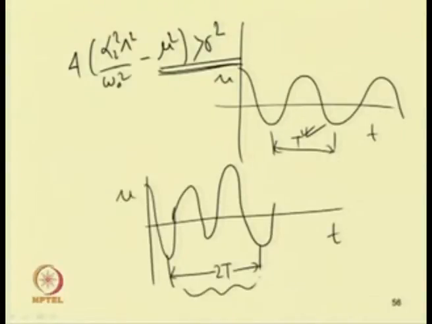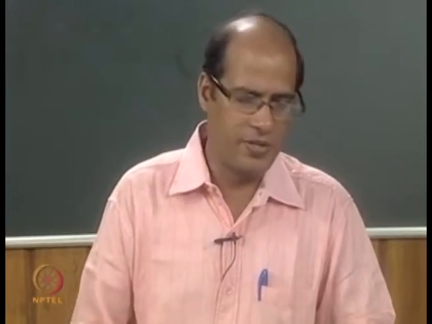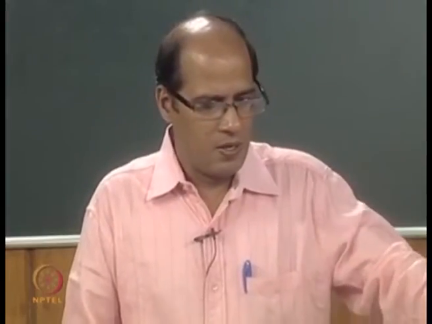So, one can see that the external excitation, or the free oscillation, adjusts itself to that of the external excitation, which is nearly equal to twice omega 0 of the system. One can solve this equation using the method of multiple scales or other methods, or one can solve this equation numerically to obtain the response of the system.